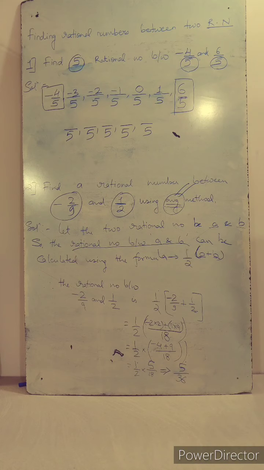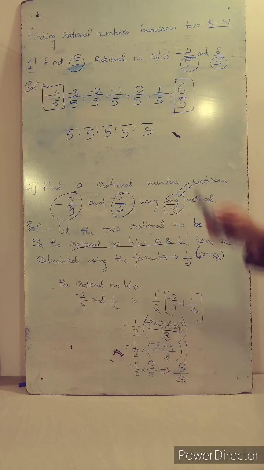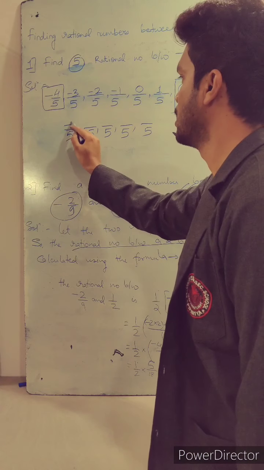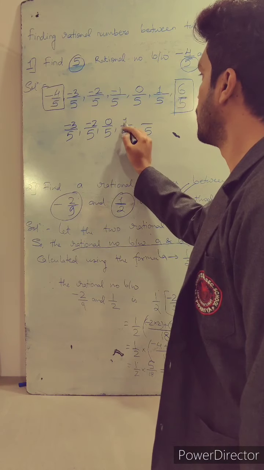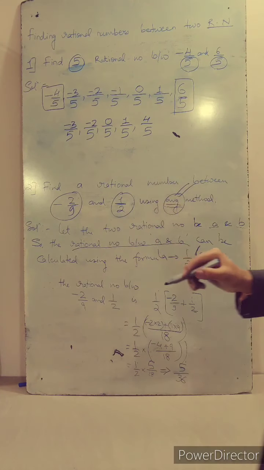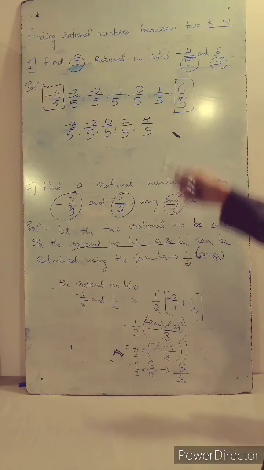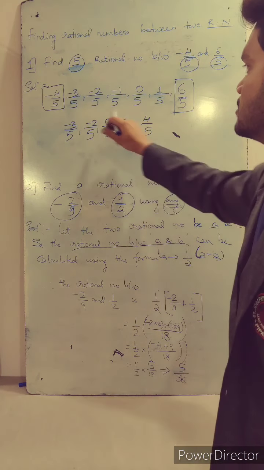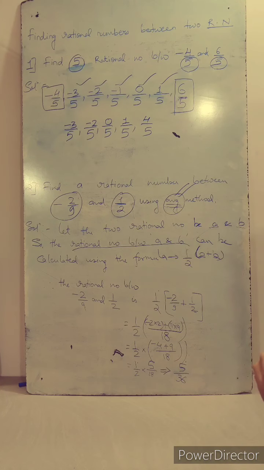For numerator purpose we have to choose 5 rational numbers which are greater than minus 4 but smaller than 6. So those numbers can be any number. Suppose minus 3, minus 2, 0, 1, 4. We observe that all the numerators are greater than minus 4 but smaller than 6. So these are the required answers. These answers are also correct. There can be multiple answers for one question.